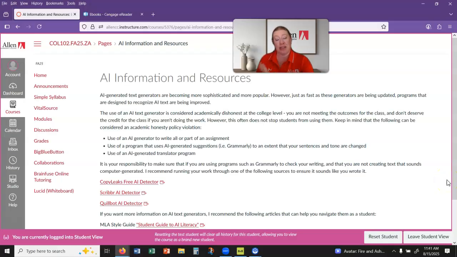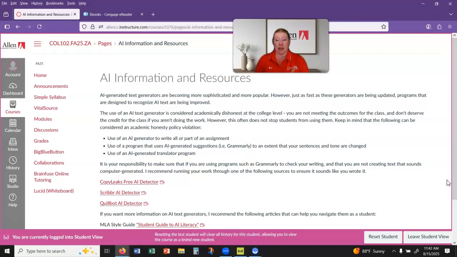The next thing I have in here, and this is new that I put in my classes, is more information about AI. Because it is becoming more and more sophisticated, more and more popular. There are a lot of AI generators. There's a lot of things that use AI that students don't really realize, like Grammarly is becoming a huge issue for students because Grammarly is starting to provide more and more suggestions for completely rewriting sentences. And the problem is all of those are AI generated suggestions. And so if it's not just correcting a grammar error, it's actually rewriting your sentence, then we get into issues of